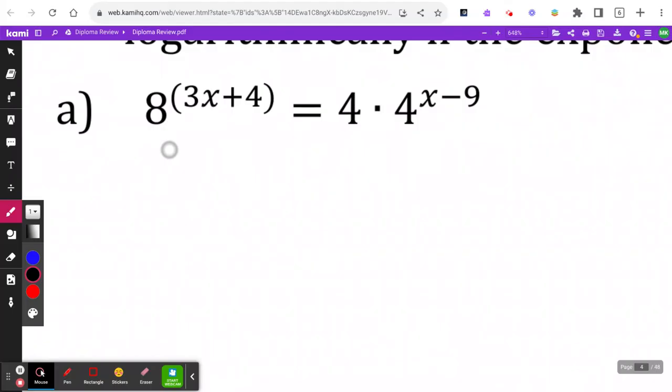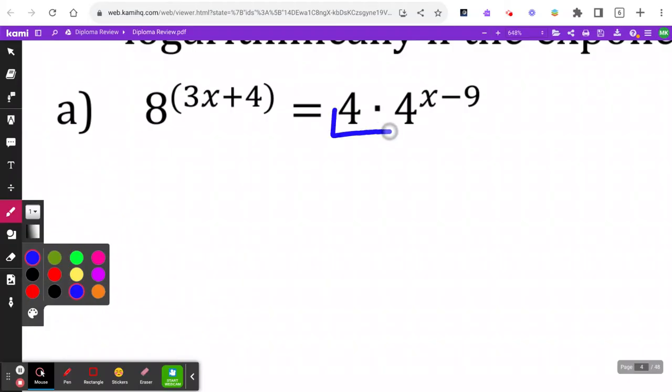Okay, solving. So your goal is to solve for x. X is in the exponent. You have 3 different ways of tackling this question. Way number 1 is to get like bases. So if you can get like bases, that's definitely the way to go. This is a question that you can get like bases. It's nice. Before we do that, though,